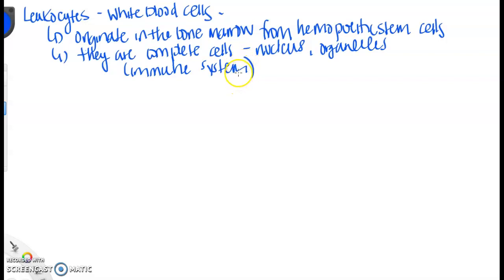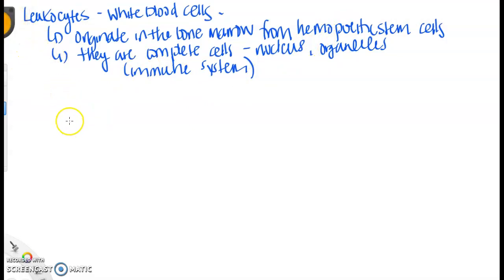So quite frankly, we really don't want these cells to divide, okay? Because they're getting into all kinds of nastiness, right? So they are not going to divide to increase their numbers. They come from hematopoietic stem cells from the bone marrow, so they're always made. But if we look at